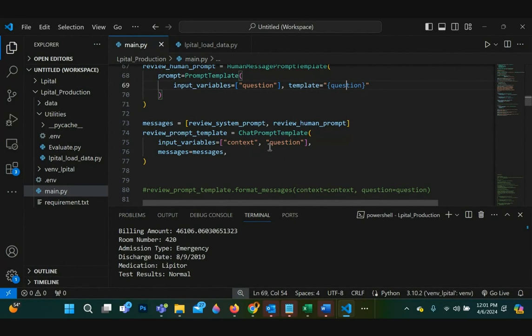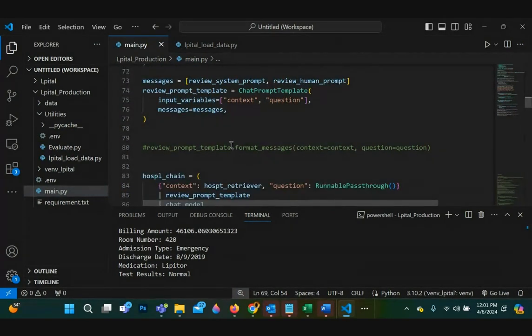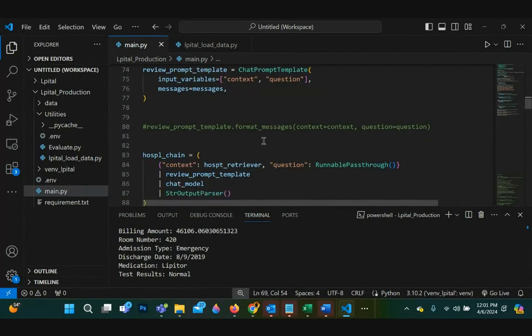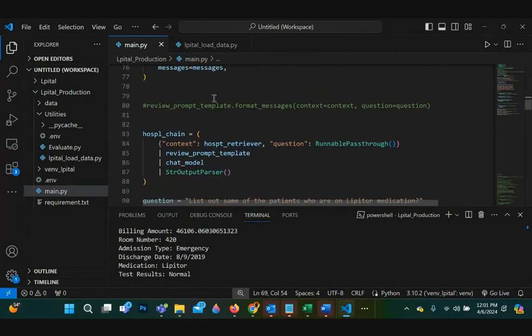So once we have all this, then most of the work is done, right? So here you use LangChain to chain all the different things that have been built up there.